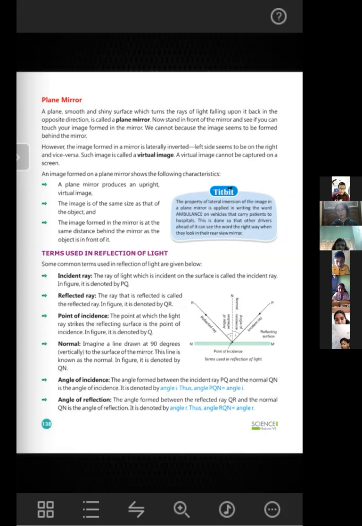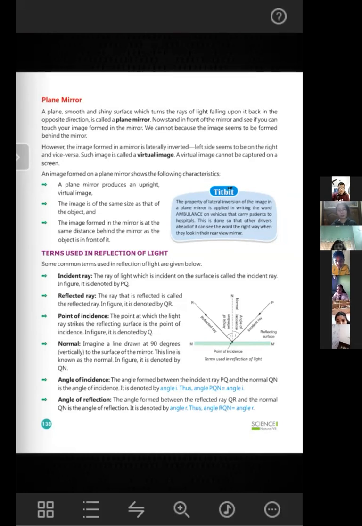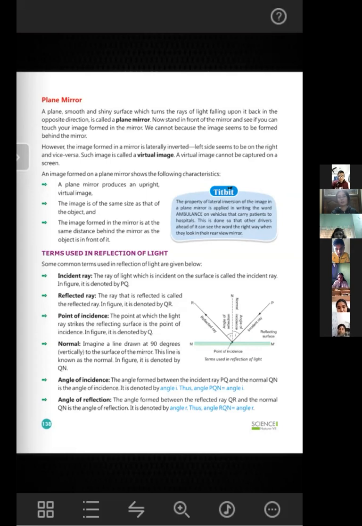Ma'am, the bouncing back of light from a surface, that is called the reflection of light. Bouncing back of light rays from a surface. What type of surface? Ma'am, mirror. Drito Broto, you are telling me that you want to tell the answer, but your video is not on, so I can't see you. You turn on the video and you tell the answer. Onivo, your answer is correct.